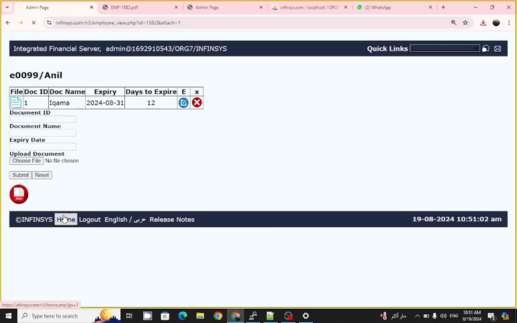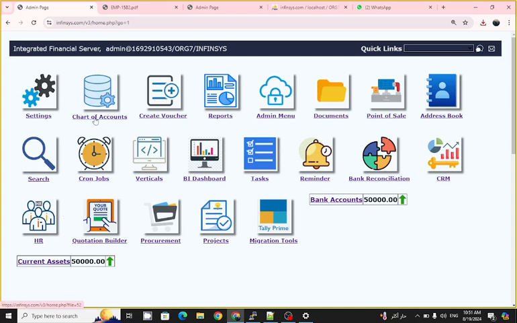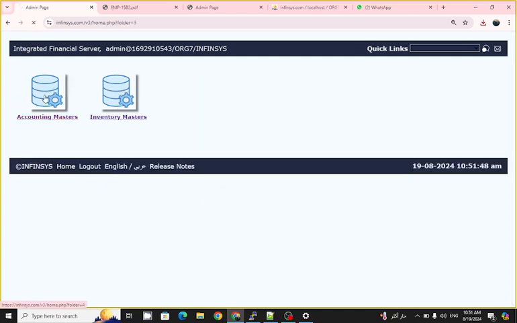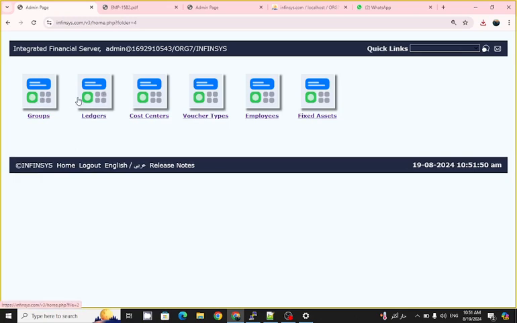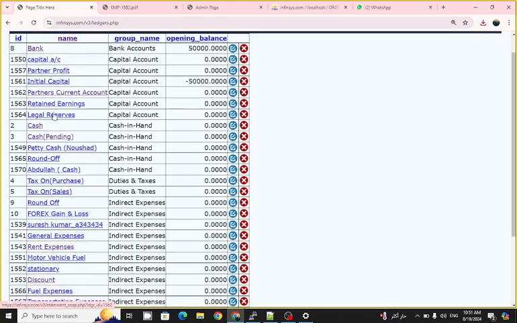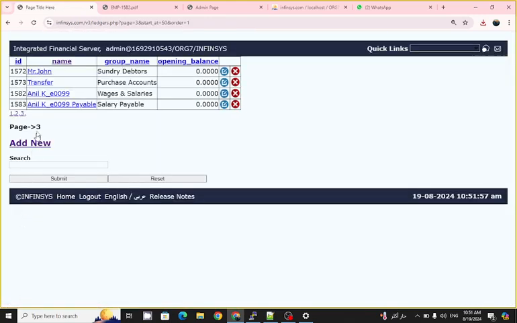Now, at the same time we created the employee, the system will create 2 ledgers. You will find it here. We have a payable under current liability, salary payable, and this ledger is placed under current liability. One expense ledger placed under indirect expenses. This is a subgroup of indirect expenses, wages and salaries. And this is a current liability, the salary payable under current liability. So accordingly, it will generate the